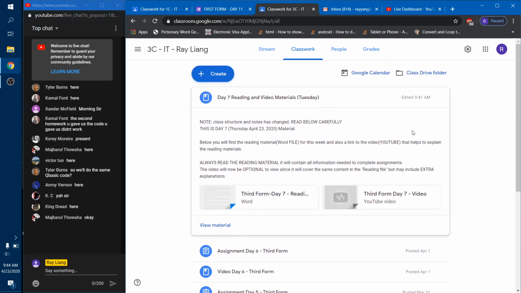So besides that, again, today is Thursday, but I'm substituting today as a Tuesday lesson because we weren't able to meet this week Tuesday. Next week we follow the structure similar to this week. Tuesday reading, Thursday assignment. I'll be online every day from Monday to Friday between 8:30 and 11:30. So feel free to send me a message, send me an email if you have questions, if you need clarification.